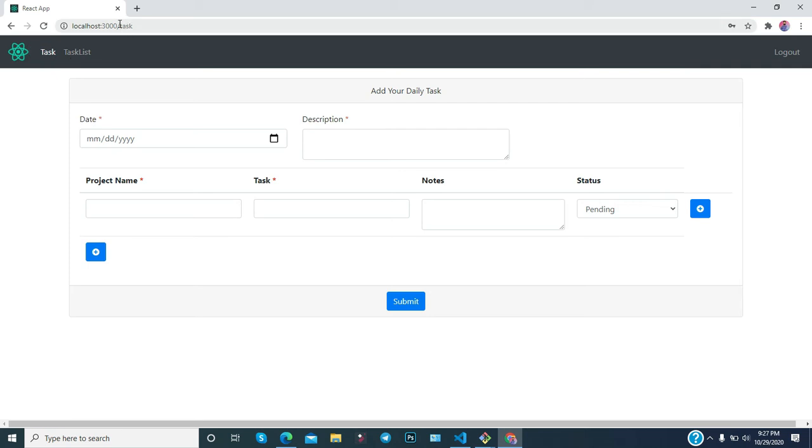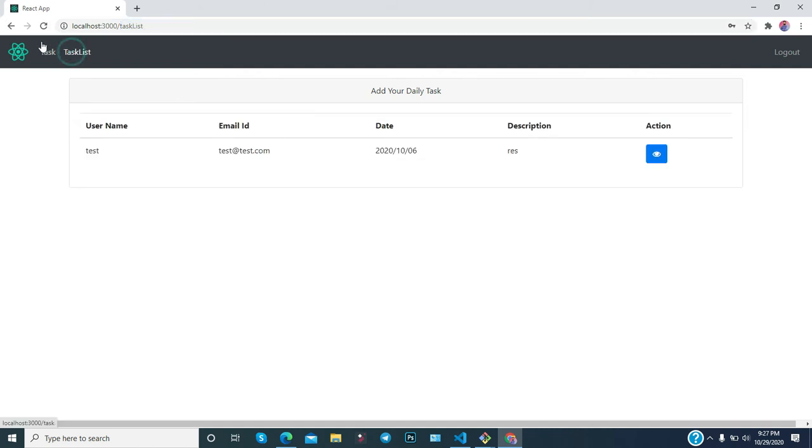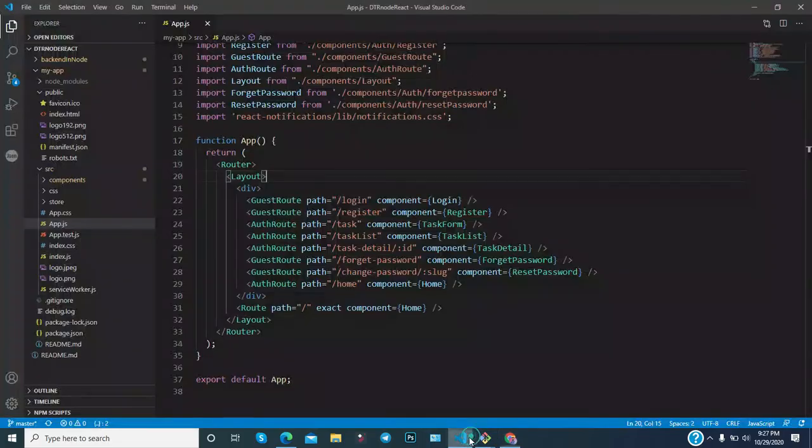If this is the task route, then which component you will display to the user, you have to define. So you have to do all these things. Okay, so that's why it is like that. So here it is a router. How you can implement a router, you just need to Google it so that you will understand in a better way. So this is the router, and you need to provide all the links here.